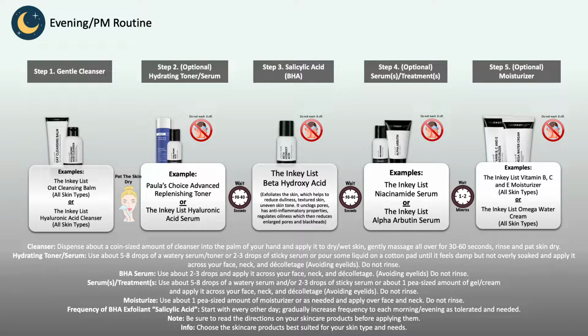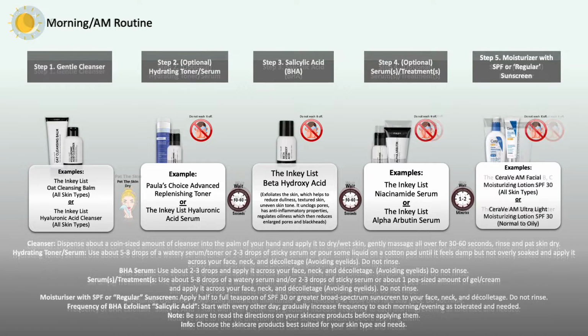And if you then have any other treatments at home, such as, for example, niacinamide or alpha arbutin, just a couple to mention, then you would follow on with one of them or maybe both of them after you have already applied your beta hydroxy acid serum. Again, leave it on the skin, there's no need to wash it off. And then you can follow in the evening with just a moisturizer if you should feel the need, and that's basically it. However, during daytime, don't forget again sun protection,